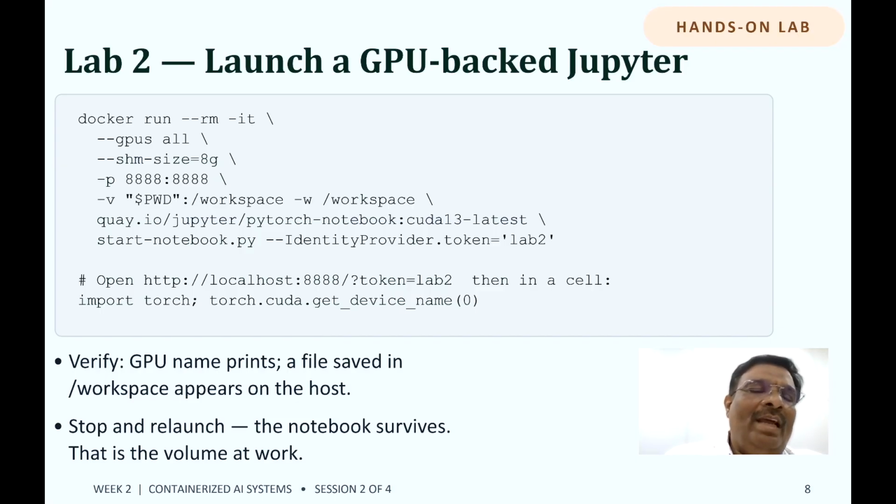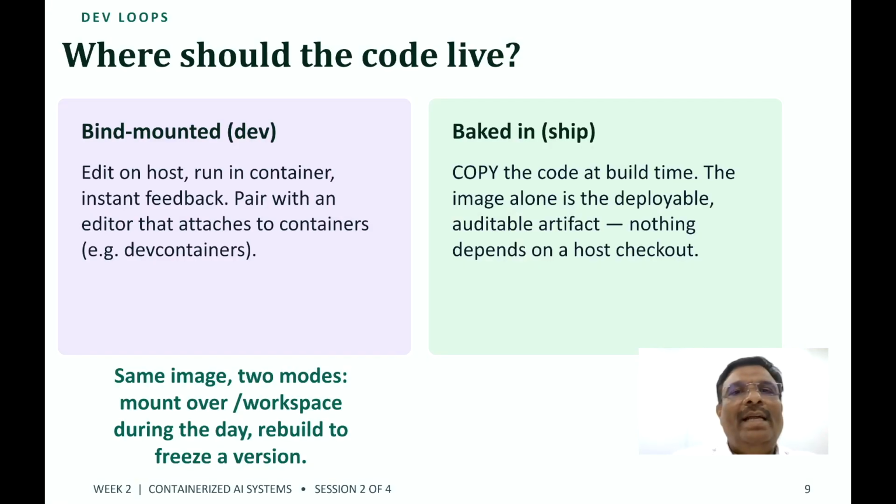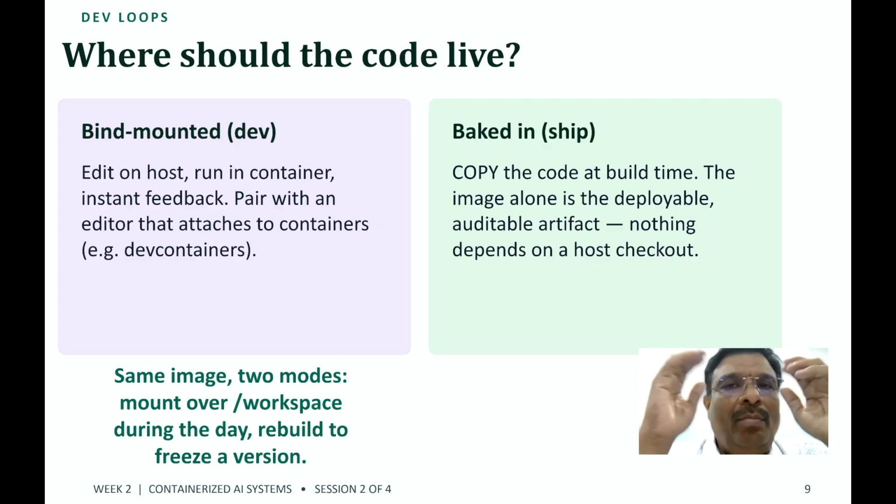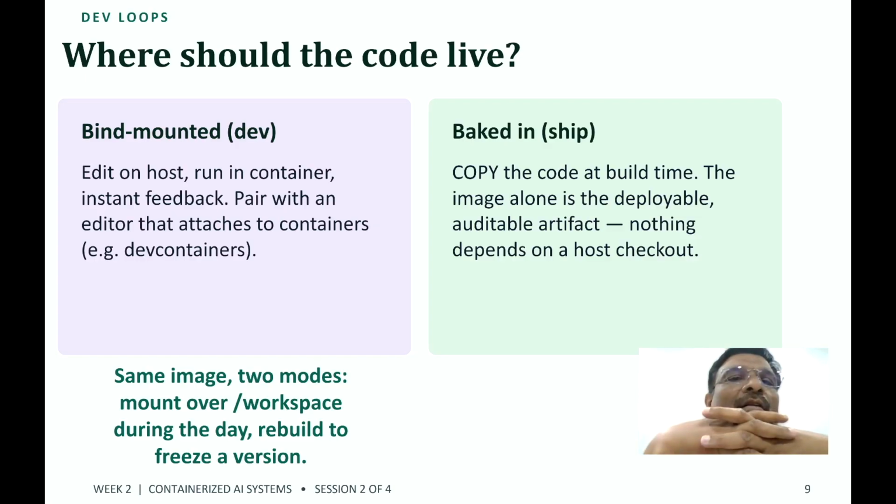And then we can verify the GPU name prints, and we are trying to use the localhost, the token number, and so on and so forth. So the basic idea here is we are able to run the program. I showed you the program already, and when I say bind mounted and baked in, the basic idea